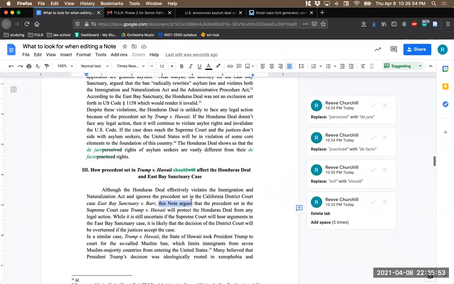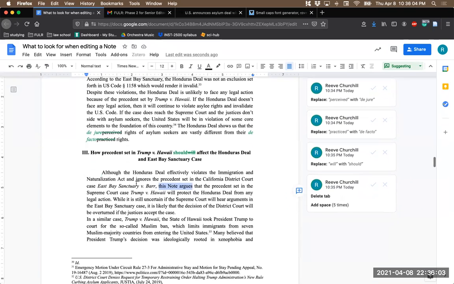This right here, "this note argues." This is sort of not supposed to be seen outside of the abstract, so I would just delete this. Let me see how to make the sentence work. Although the Honduras deal effectively violates the Immigration and Naturalization Act and ignores the precedent set in the California District Court case East Bay Sanctuary v. Barr, the precedent set in the Supreme Court case Trump v. Hawaii will protect the Honduras deal. So I would just delete all of this